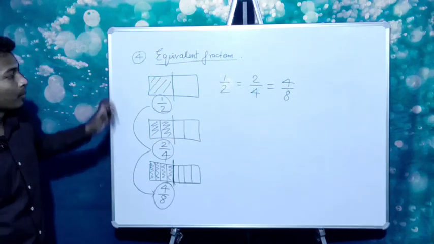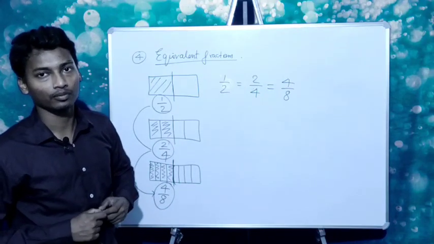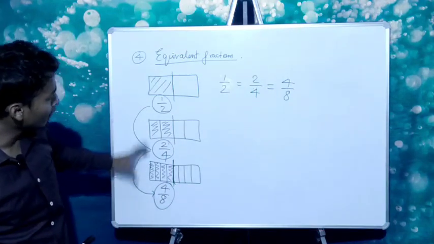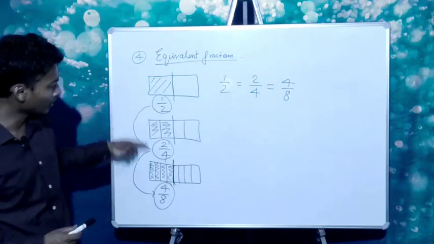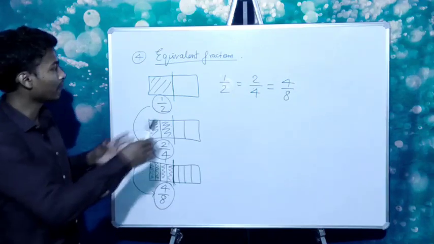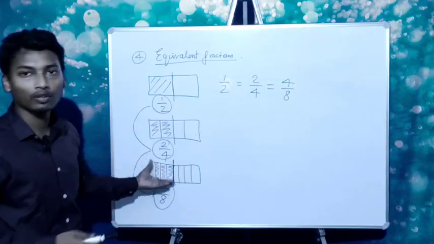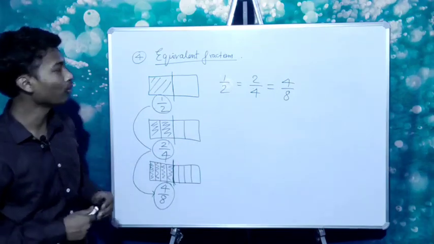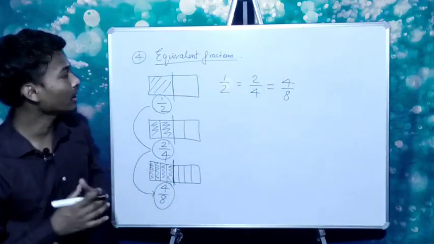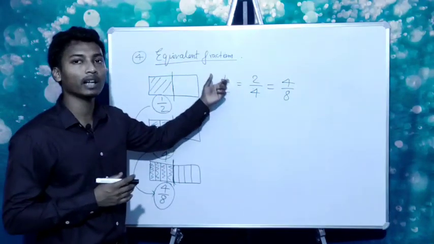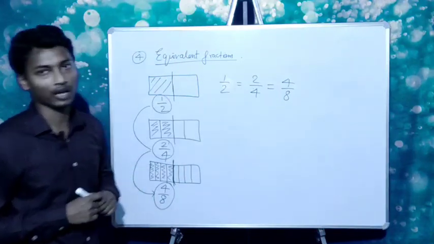Now, we can convert any fraction into equivalent fractions. Here, with the help of the diagram, we understood that the equivalent fraction of 1/2 is 2/4, and the equivalent fraction of 2/4 is 4/8. Every time you cannot draw a picture and divide parts to understand which will be the equivalent fraction of a given fraction. So there is an operation of multiplication and division which you can apply to both the numerator and the denominator of a number to convert it into its equivalent fraction.